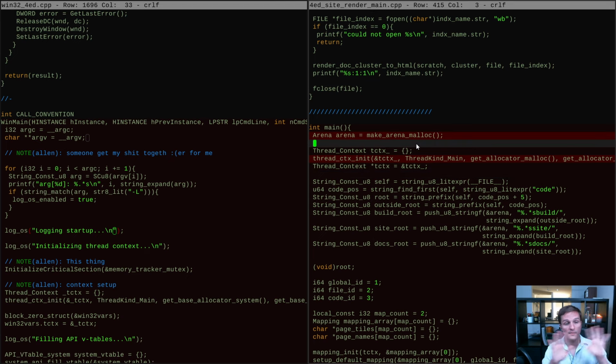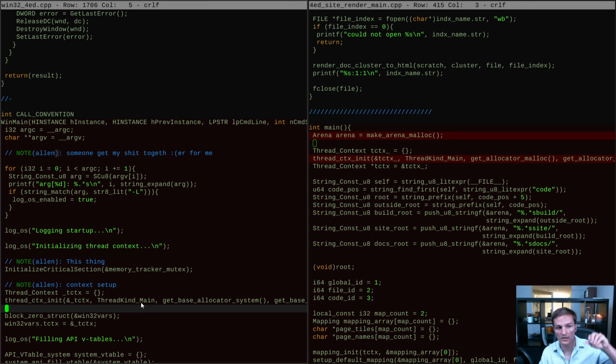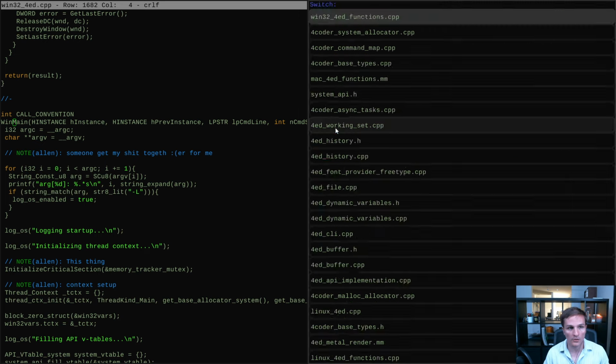Now, that doesn't mean they're not fixable. You can use this approach of having WinMain implement this, but I have found that I prefer to have one main for the application. I no longer do the separate main for each operating system, except to make, like, you know, if I want a win main versus a main, I might have a switch on which one I do. But either way, those are just sort of entry point wrappers to call into the same entry point for all versions of the application. And a good reason for that,